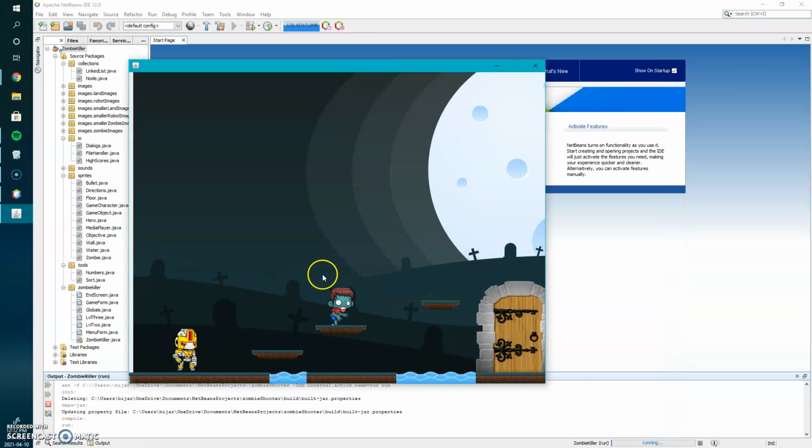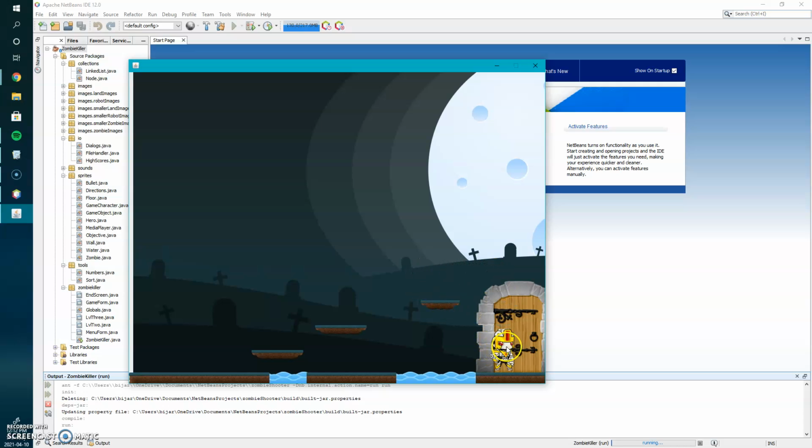And then I moved on to a third level, which added a couple more obstacles and a zombie object again, with once again your hero, but I formatted it a little bit smaller this time so that I could fit more onto the screen. So once again, your objective is to make your way over to the objective, which is at the door here. So you first have to jump onto this obstacle, and you have to jump and kill the zombie object. And then you have to jump over to this platform,